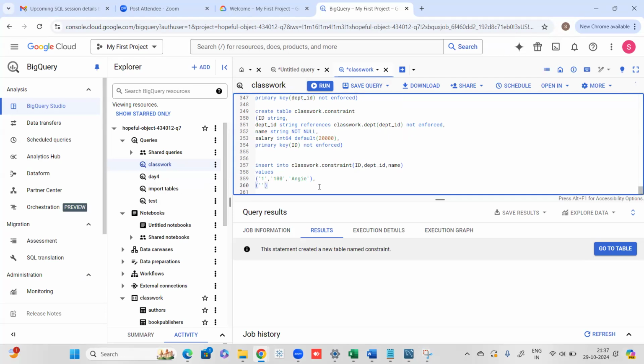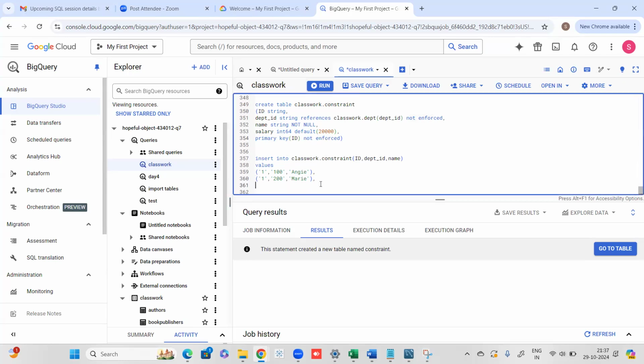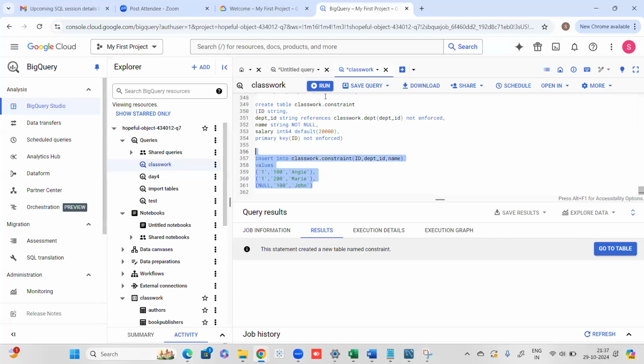Now let's try out. If I try to give the same value for ID, is it going to let me feed it or not? Okay, so let's say Marie. I'm trying to test whether I can give repeating values to ID or not. Ideally, because it's a primary key, I should not be allowed. But in BigQuery, it is not enforced. So you cannot enforce the non-null and non-repeating criteria. Let's also try to feed a null value to this. So let's say 100 and then John. Okay. So if I run this query now,